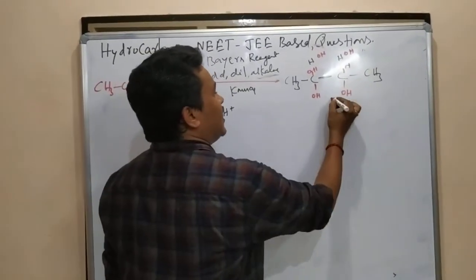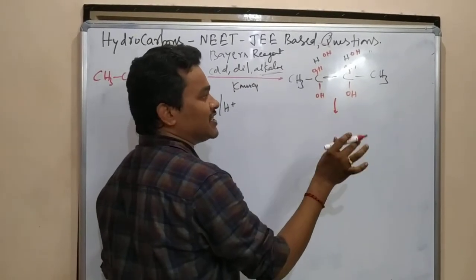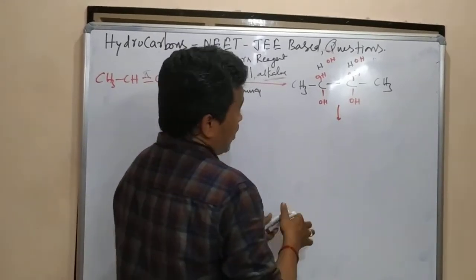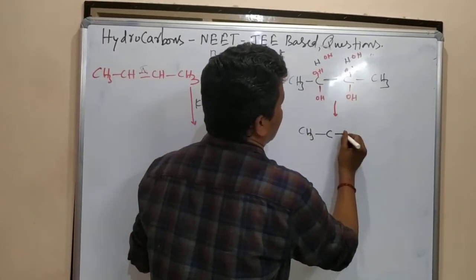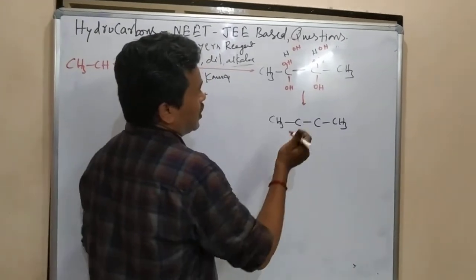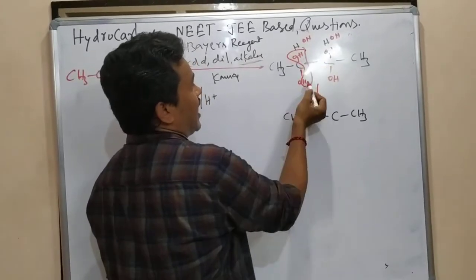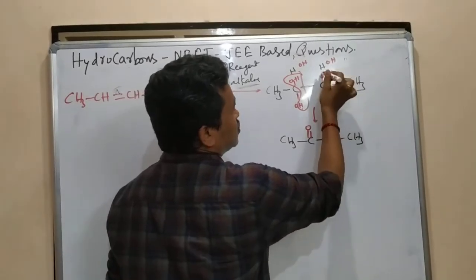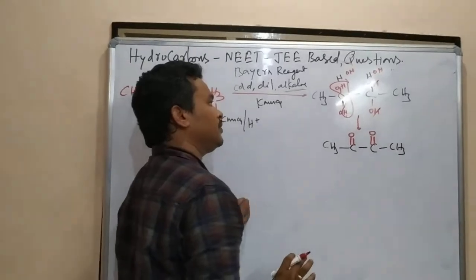Okay. Here what do we know? Two OH groups on the same carbon is unstable, so water is coming out. Observe carefully. What I am writing is CH3, and the water molecule, H2O, is coming out, so double bond. Here also H2O comes out, so here also double bond. This is the product.